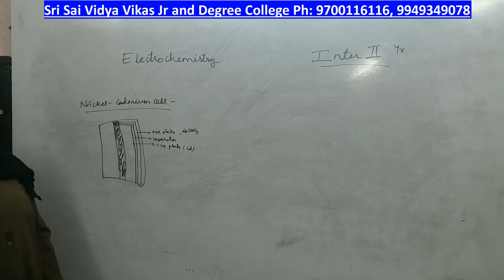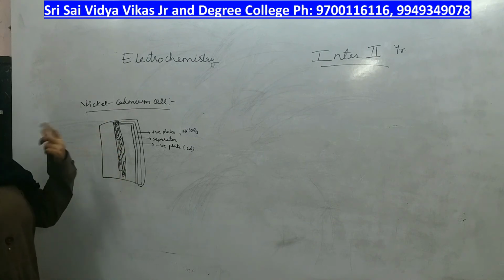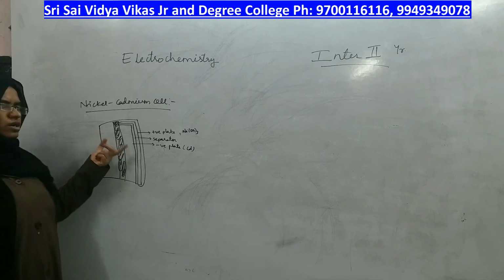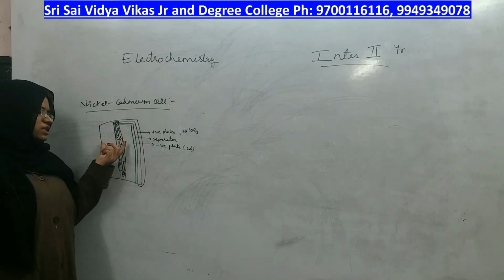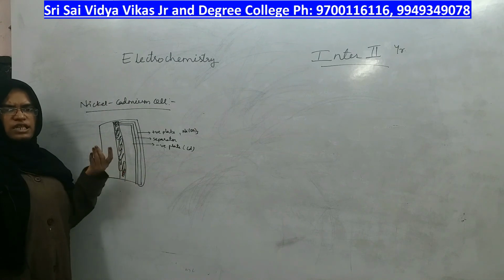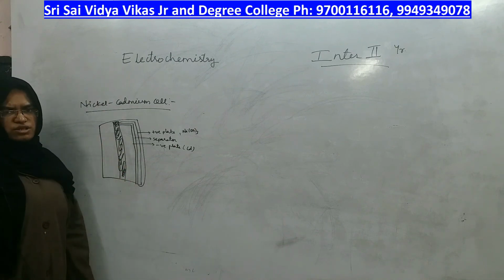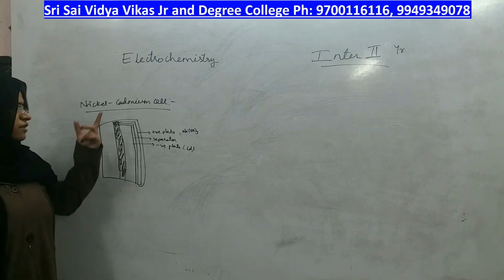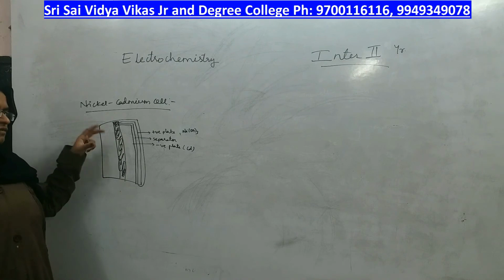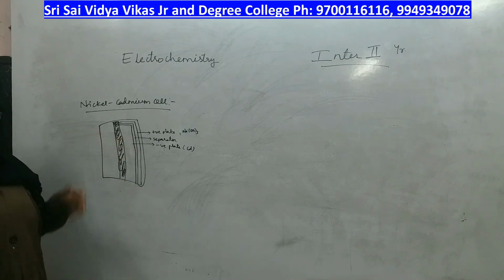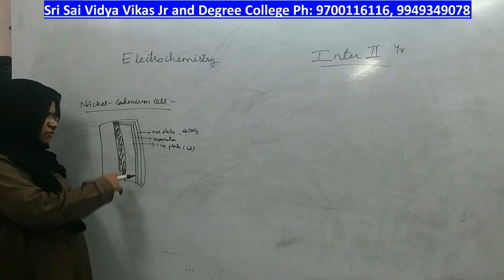Coming to the next type of secondary cell, which is the nickel cadmium cell, it has a longer lifespan compared to the previous cell, the lead acid storage cell. Even though you see its size is small, its lifespan is greater than the lead acid storage cell, therefore it is expensive. The voltage provided by this may be lower than the previous one, but it has more lifespan, therefore it is quite expensive. Let us not go into the details of the reaction, but first see its construction.